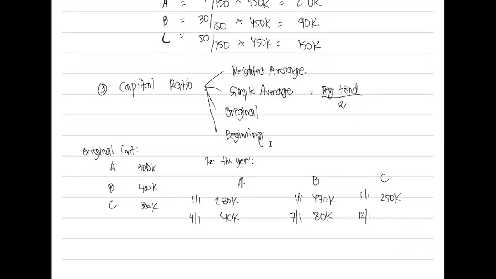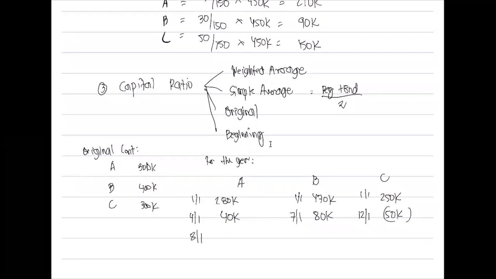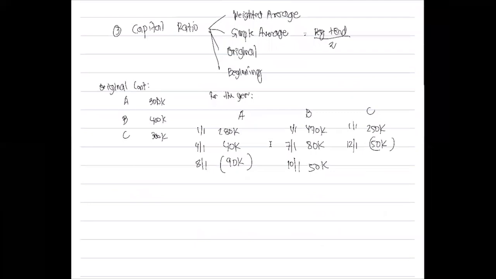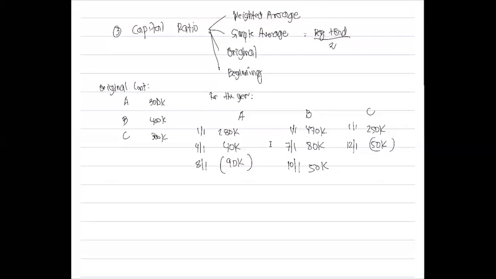Si C naman nag-withdraw ng 50,000. Tapos 8-1 nagbawas si A ng 90,000. Tapos 10-1 nagdagdag uli si B ng 50,000. Okay. So for us to properly understand this, we need to know first how to compute for your weighted, simple,